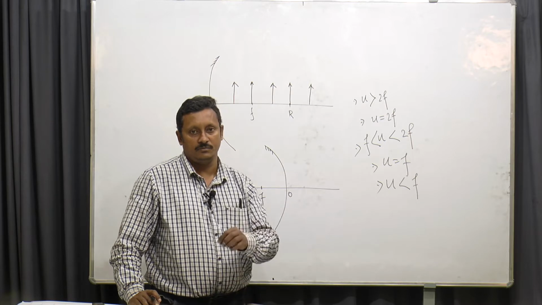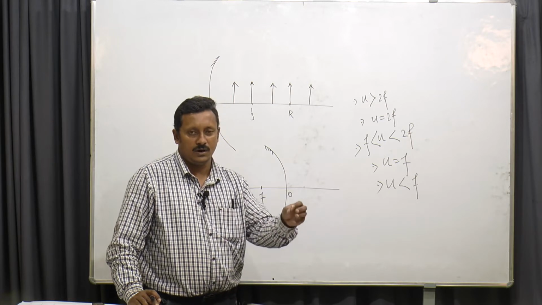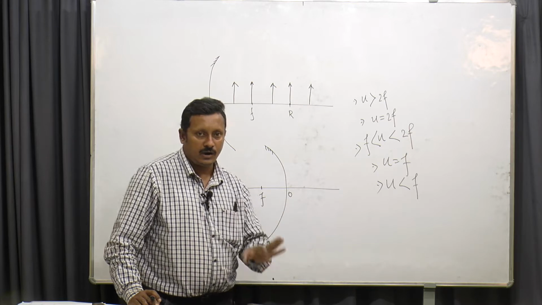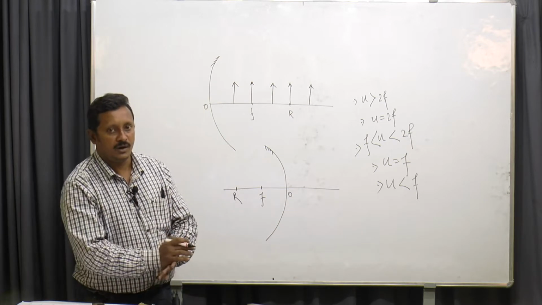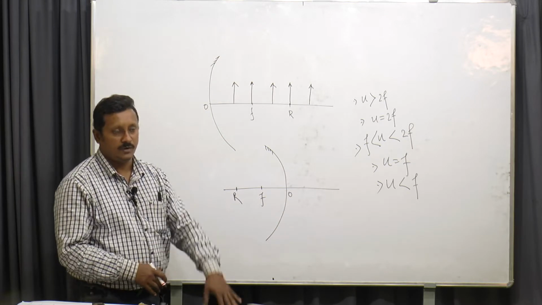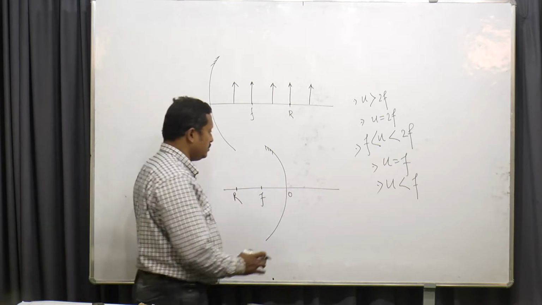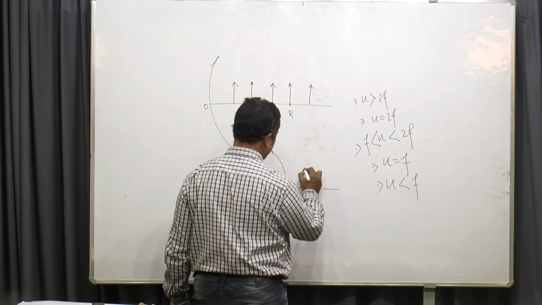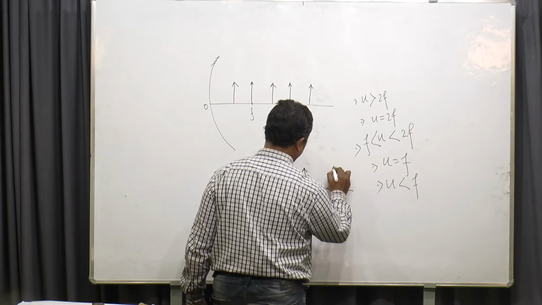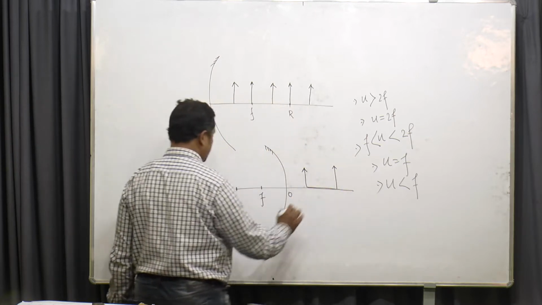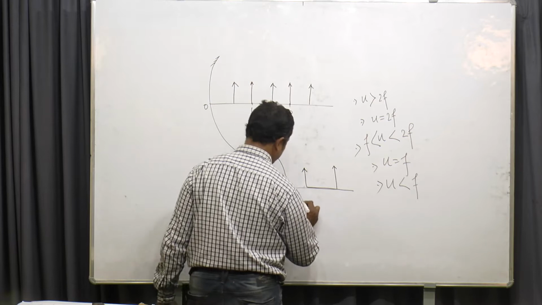Take the example of our normal glass looking mirror, plain mirror. You cannot put an object inside the mirror. Whatever you do, you put your object in front of the mirror, so you get the image. So wherever you put your object, here or here, whatever may be the distance, every time the image is